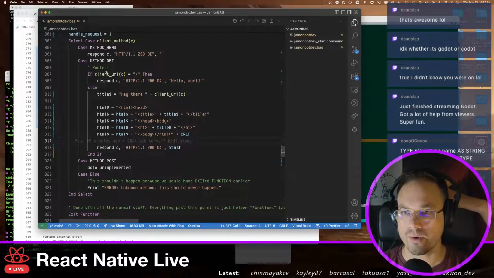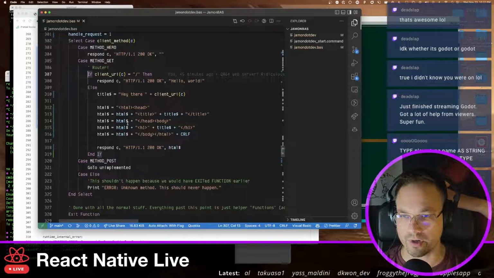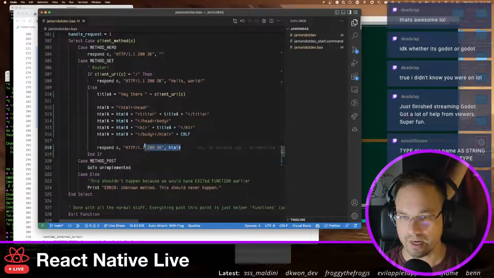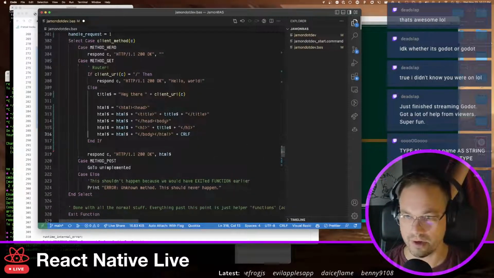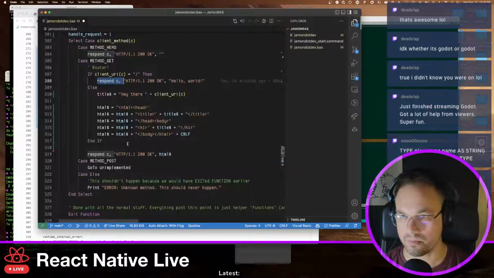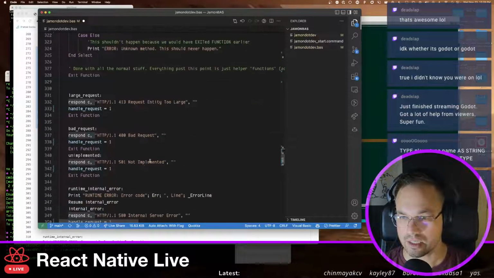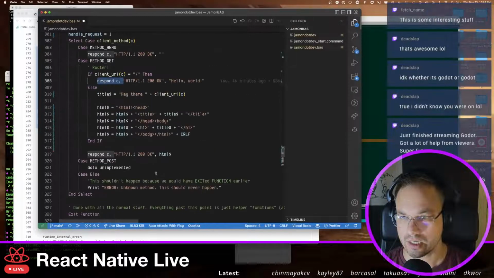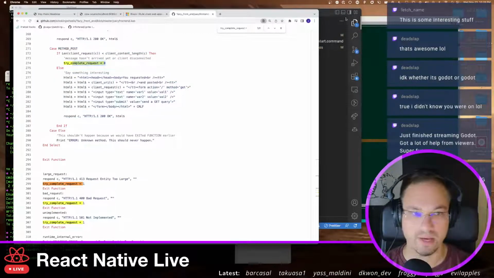So now what I want to do is I want to take this client URI and basically build for each one. We're going to build new HTML stuff. And I'm actually going to, at the end of this, go with the response. And instead of doing respond, assume the request can be completed, set it to 0 if it can't. What were the zeros then? Oh, that was only for that. Okay. So